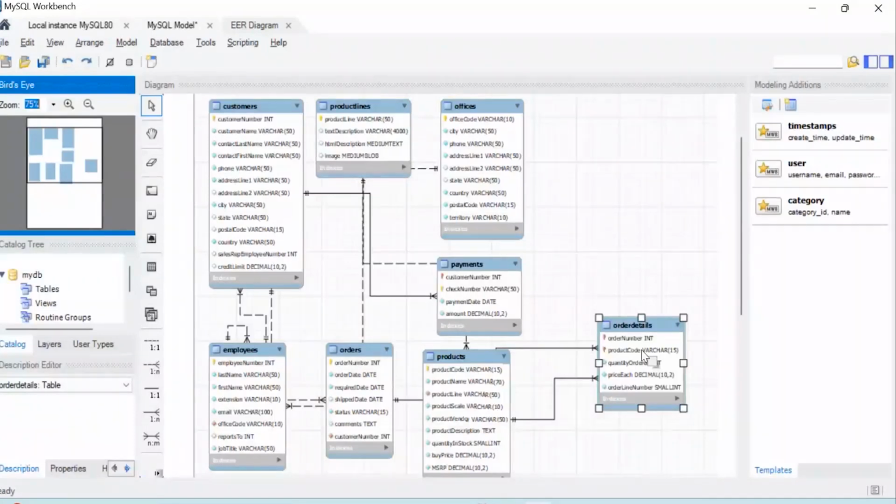And what we have in order details is product code. So we want to look for a table that has the product name. Even if we still want to provide the product code, the key thing that we're looking at here is the product. So we just want to see the total product and quantity of product that is purchased